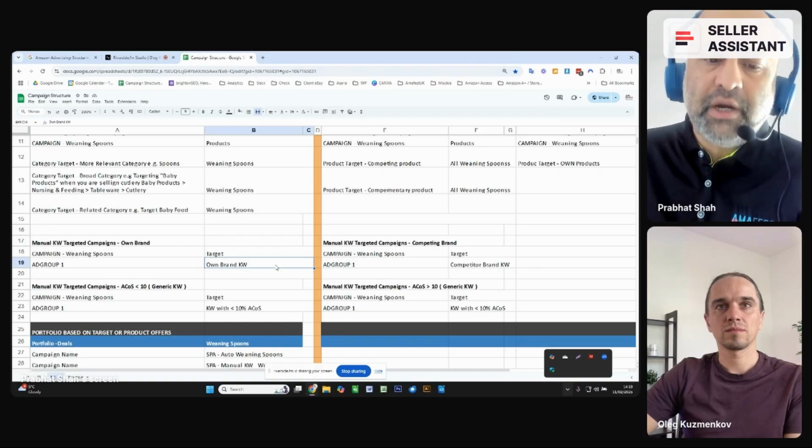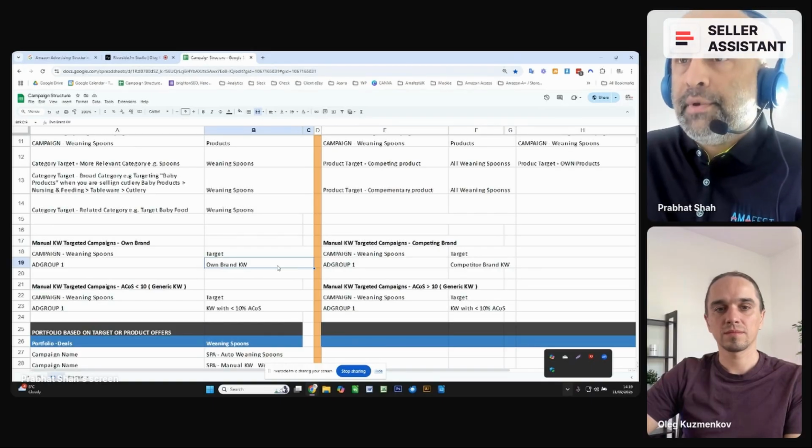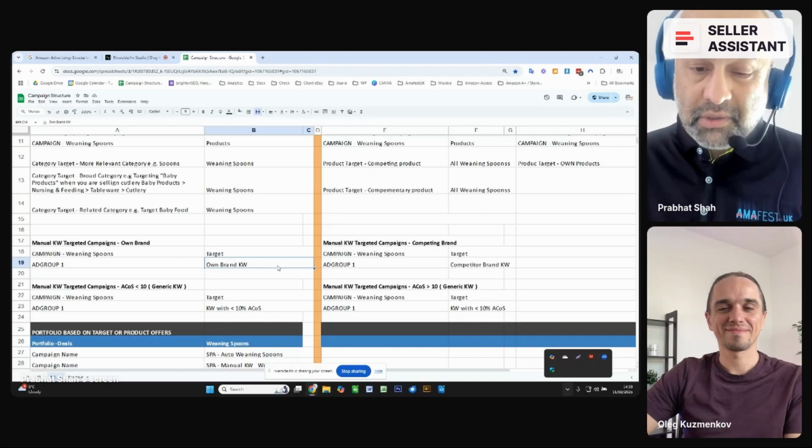Whether you are starting selling on Amazon, and you're not sure how to start the campaign, it's very straightforward to start the campaign because there's nothing you can do wrong, because the things are in your control. Whether we should target our own brand name, I don't think there's an argument there. We should, because if we don't do it, somebody else might do it.